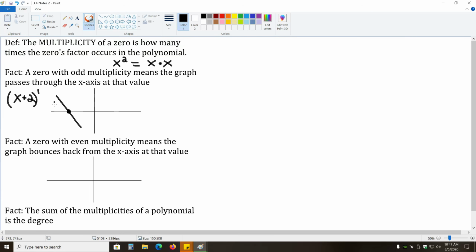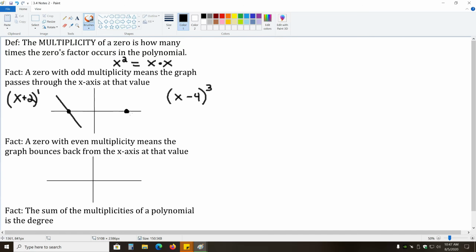Okay, now what if we had a multiplicity of 3? Let's say we had x minus 4 to the third power. Now the multiplicity is 3, that's still odd. So let's say we have this x-intercept here with this third power, or multiplicity of 3. Well, that means the graph is still going to pass through it, but now it's going to pass through similar